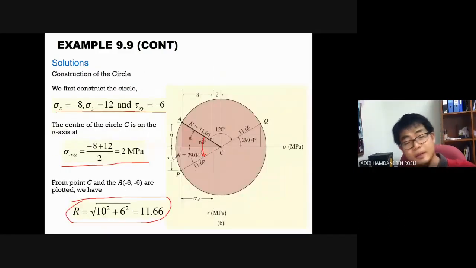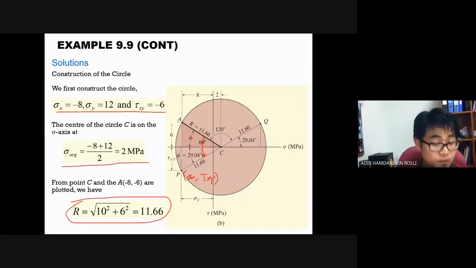So what is the idea here? If you rotate it 60 degrees in this Mohr circle, which is equivalent to 30 degrees of the real plane element, you see that from A you rotate, you reach point P. So this point P, sigma x prime and tau x prime y prime, will be the state of stress of that element when you rotate it 30 degrees. You understand that? Right? So you have to rotate from A to P 60 degrees in the Mohr circle